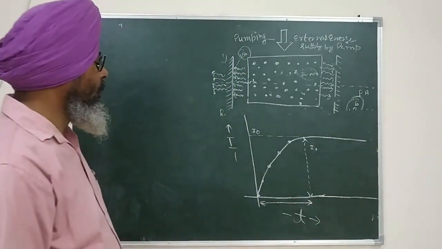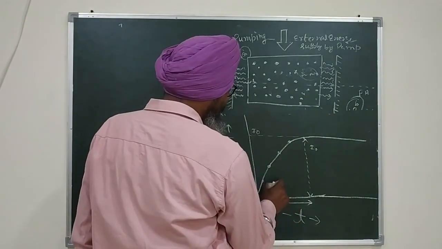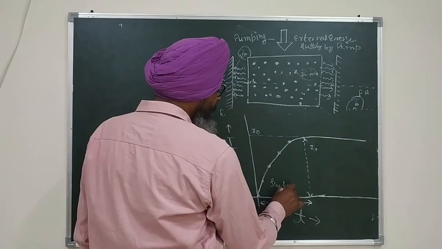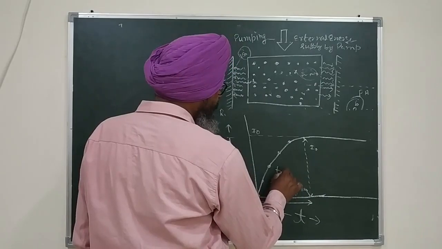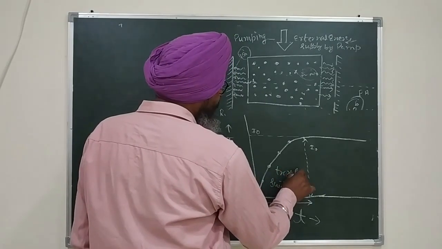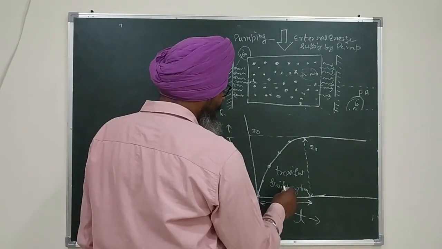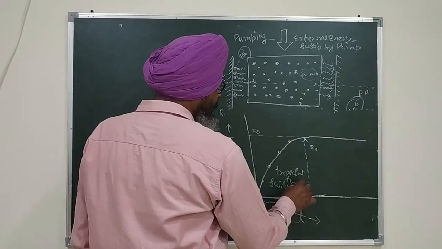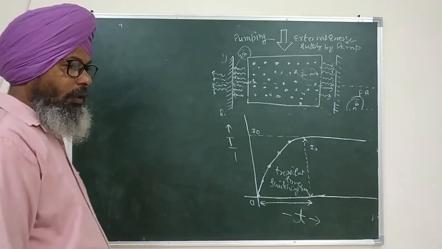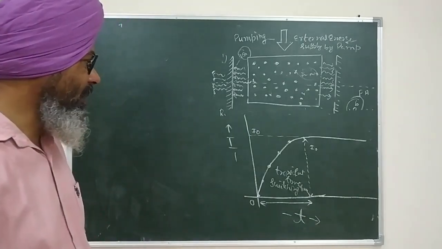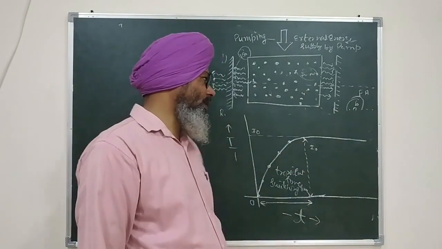The time that it takes for the intensity to increase from 0 to peak value is called switching time, or transient time, because during this stage the intensity of the light is transient, and this time is very small. It is just very small, even less than the millisecond range. Now the question comes, why does this graph become horizontal after a certain interval of time?